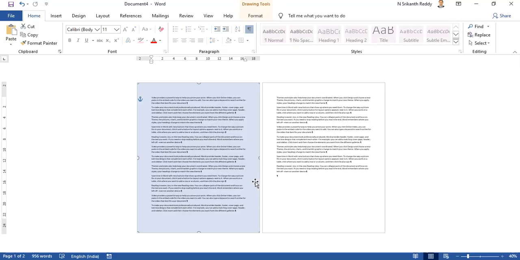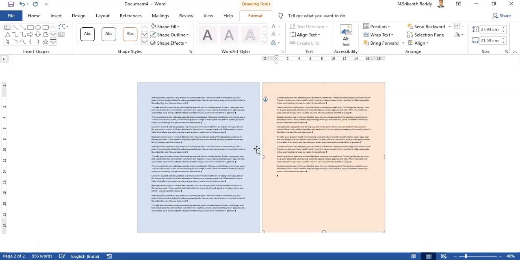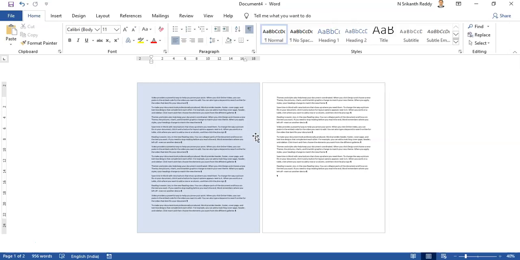If you want to color the second page, choose the shape, Control D. After that, just drag it out, and if you don't like this color, change the color. Change the shape fill. This is one of the easiest ways to go about it, because the text is already there.